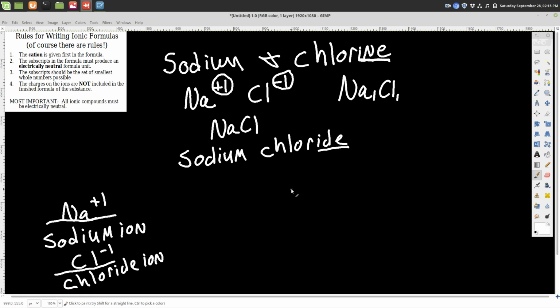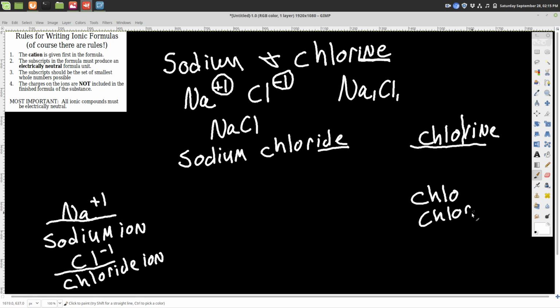Now, if you're still kind of confused of why we're naming it chloride, let me show you something that one of my college professors showed me. All right, we're dealing with the element chlorine, and we're trying to find an appropriate name for it. Well, if you look, there's 1, 2, 3, 4, 5, 6, 7, 8 letters in chlorine, okay? So the middle would be somewhere right in here. So basically you take the word, you cut it in half. So you got C-H-L-O and you got C-H-L-O-R, okay? And you just work your way backwards and forwards, dropping and adding letters of the root,